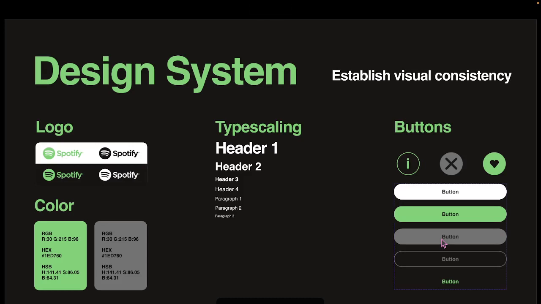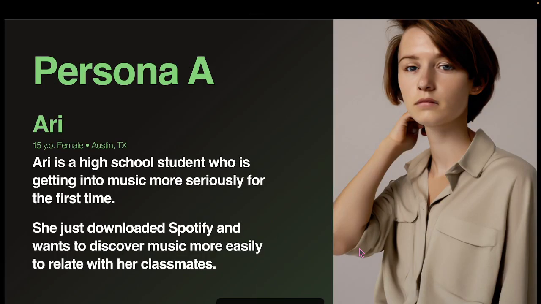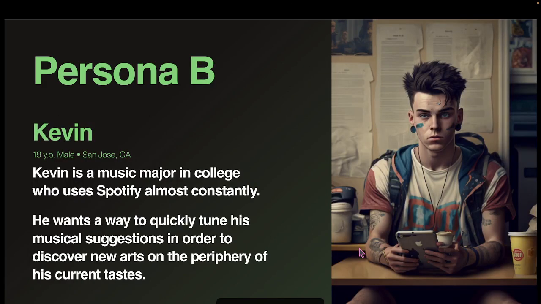So this is a design system I established using a combination of a PDF I got from designsystems.com and screenshots I pulled from mobbin.com. So our first user is Ari, who's a 15-year-old from Austin. She's a high school student who's getting into music more seriously for the first time. And then we've got Kevin, who's a 19-year-old college student from San Jose, California. And he's already an avid user of Spotify, and he wants to just find more